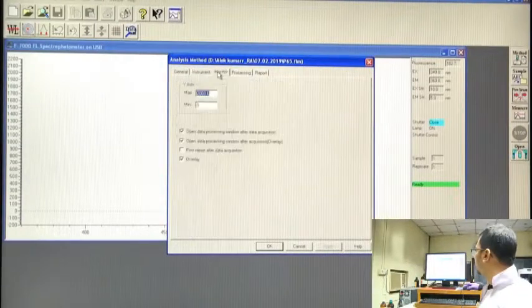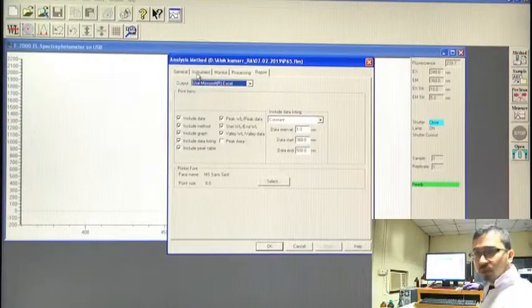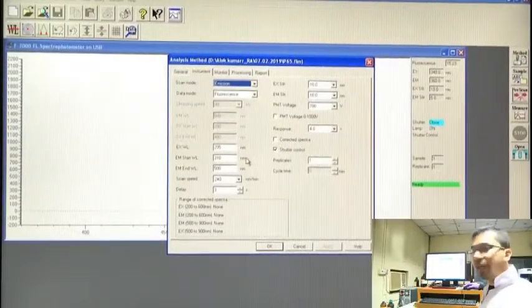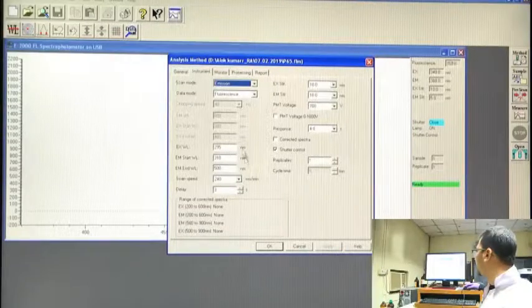After that, monitor, this is the maximum x and y value, basically the maximum and minimum of the y value, and the rest of the things we are currently not interested in. So, the main things are the excitation wavelength, emission scan range, and the excitation and emission slit width.